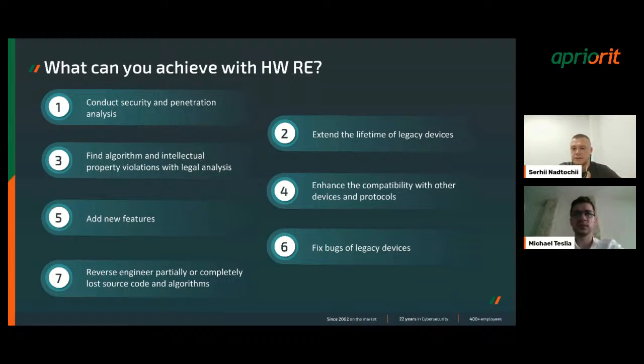Does it fit in the current enclosure of the device or not? So yeah, I think this will be the complex task.